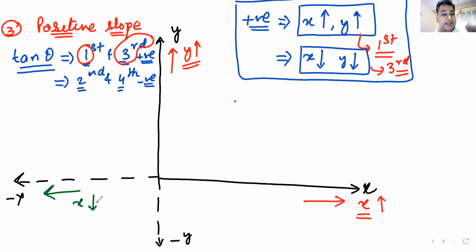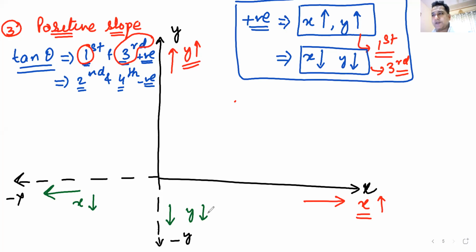What about Y? When is Y decreasing? If I go along downward direction, Y decreases. Yes. And in which quadrant is this going to happen? It's going to happen in the third quadrant. A line lying in the third quadrant. Am I clear? Can I have some raised hand? Am I clear with this concept of positive slope graph? Okay.